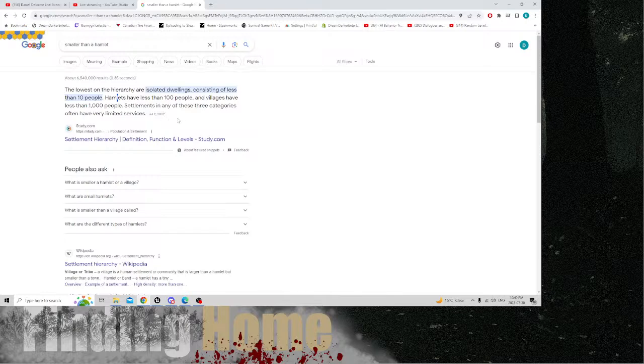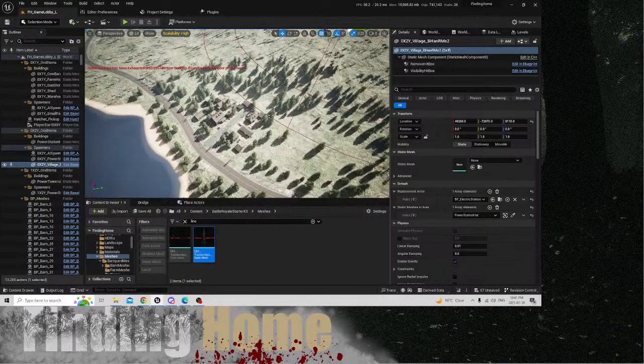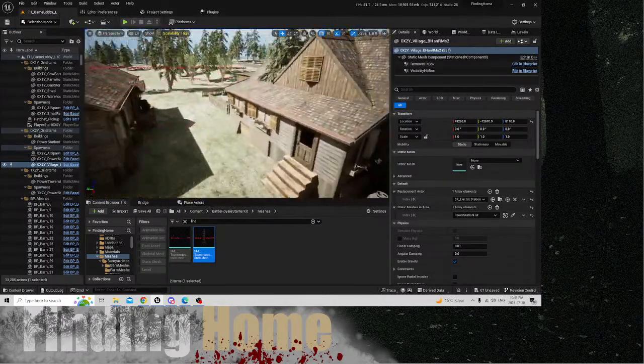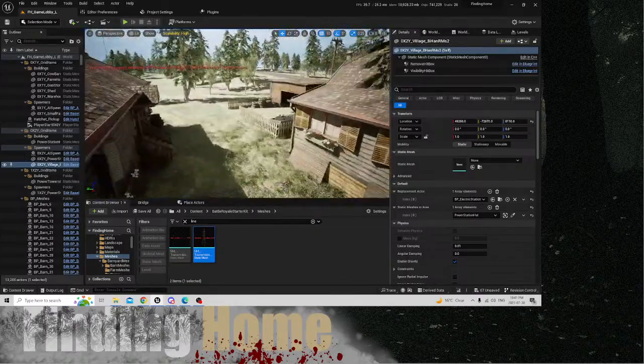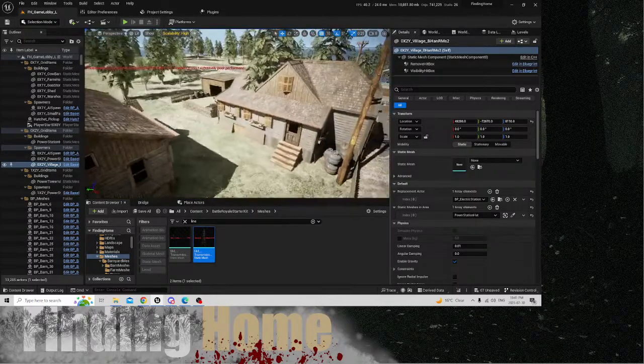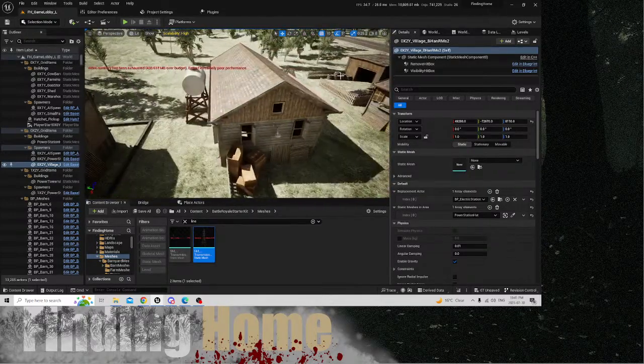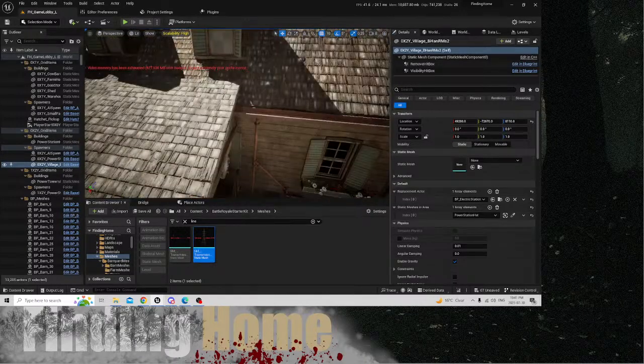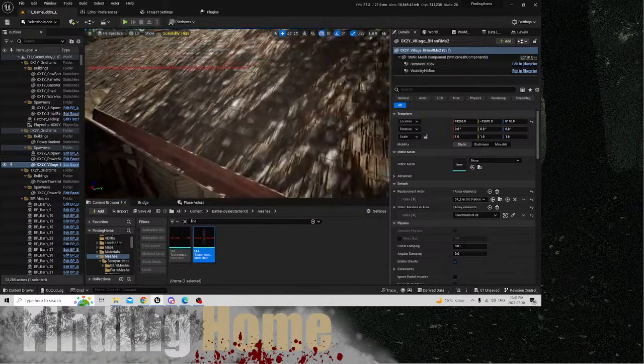So a hamlet is the smallest. It's less than 10 people. So we have some people in this house here. It has a separate in-law suite. So say family of 4, in-laws, that's 6, 7, 8, 9